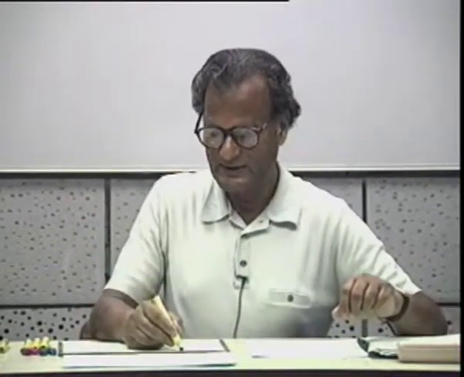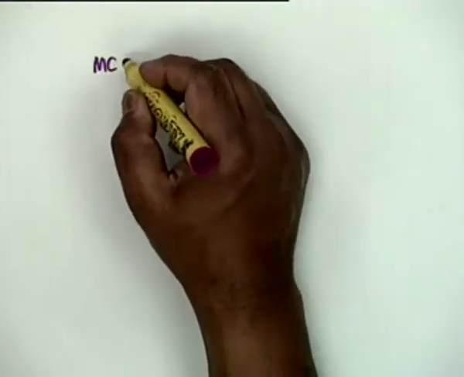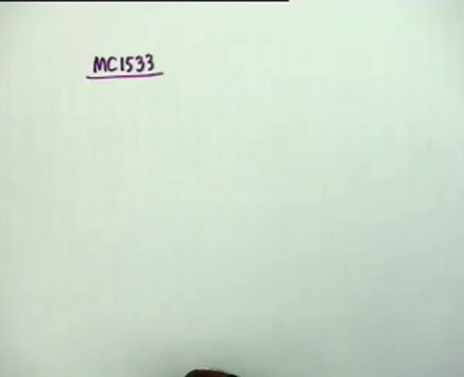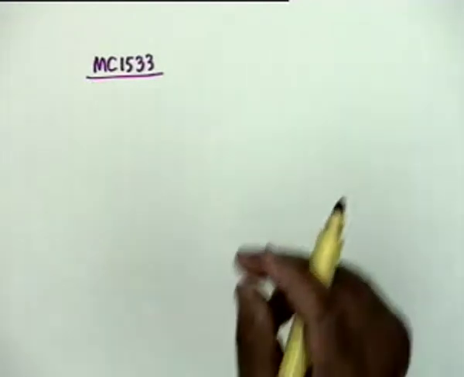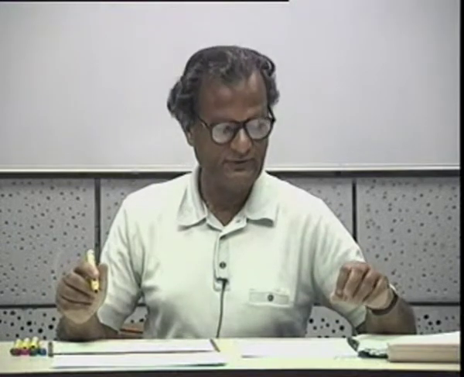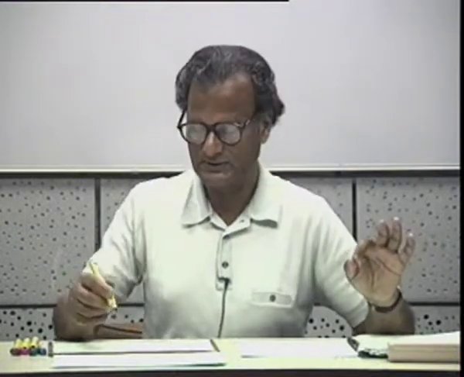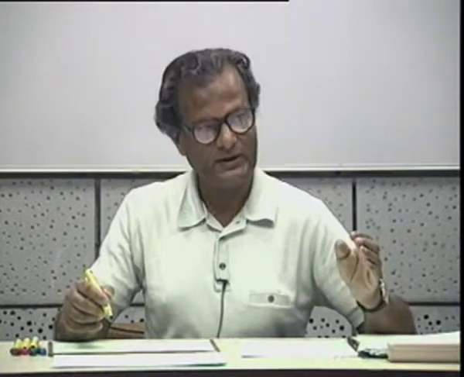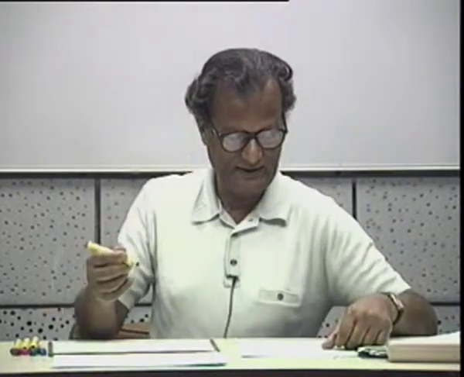Example of a series. It's a practical circuit. There is an op-amp chip called 1533, and part of this circuit is a feedback amplifier in the series configuration, and it's a feedback triple. It's called a feedback triple. Three transistors are used to form a feedback triple, and the circuit is this.